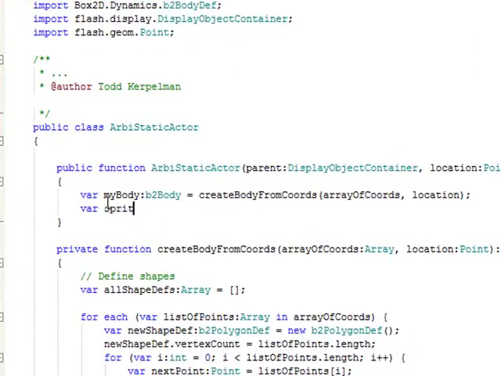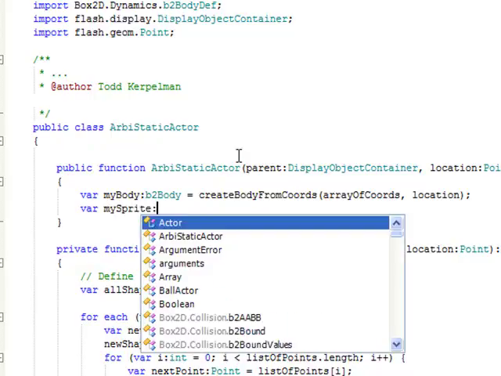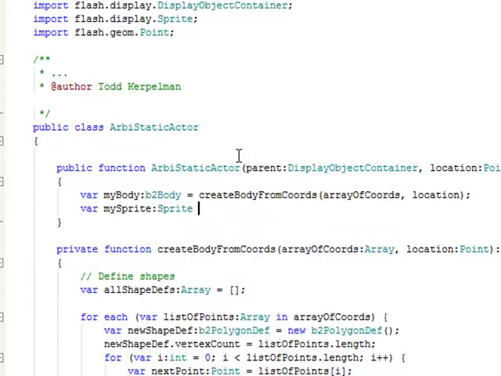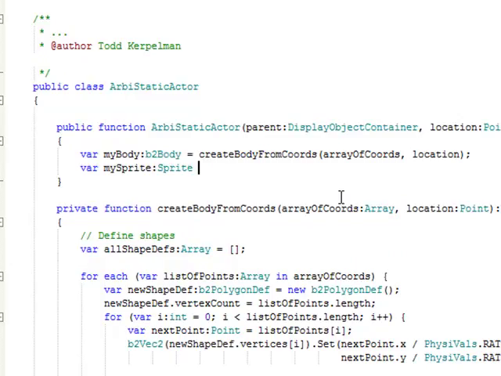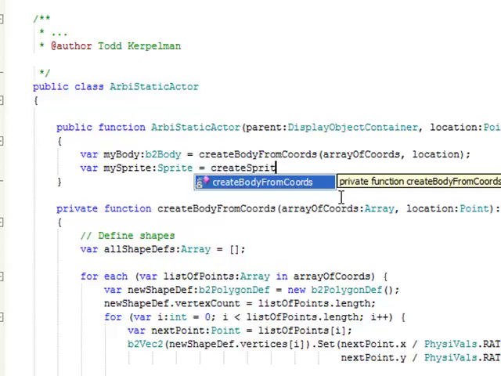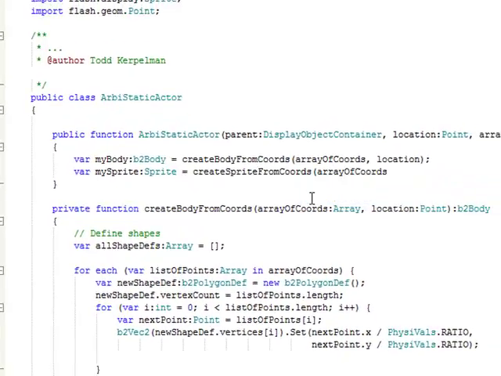So I'm going to try that right now. I'm going to do my sprite. We'll call it my sprite. And it will be a sprite. And the same way we created a B2 body from our create body from coordinates function, I'm going to call a create sprite from coordinates. We're going to pass it the array, the location, and also the parent,